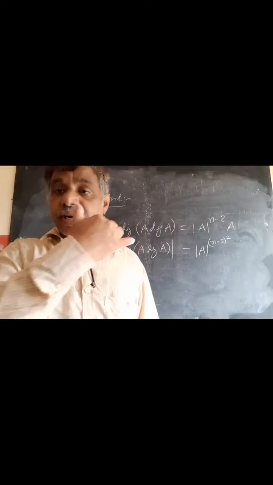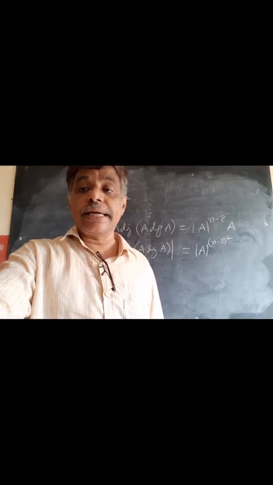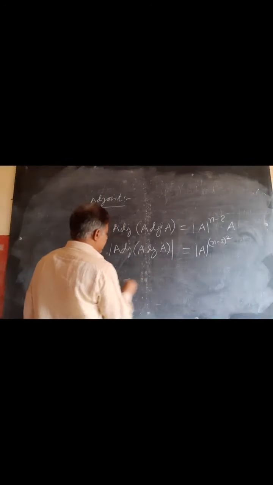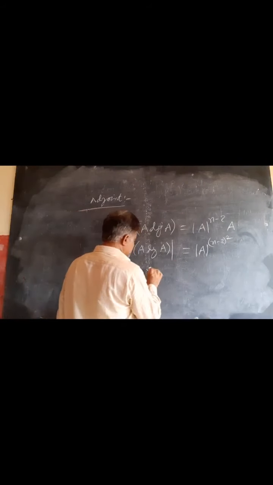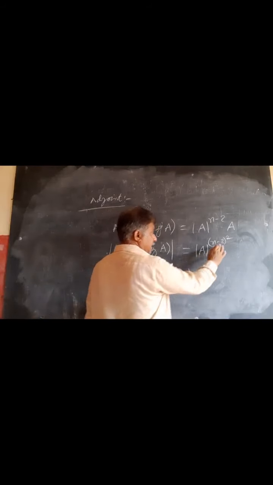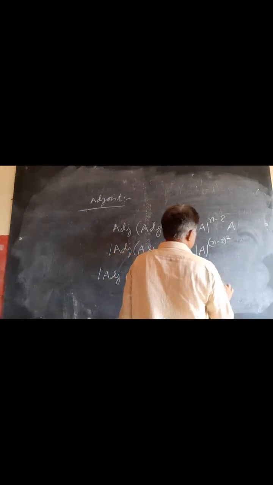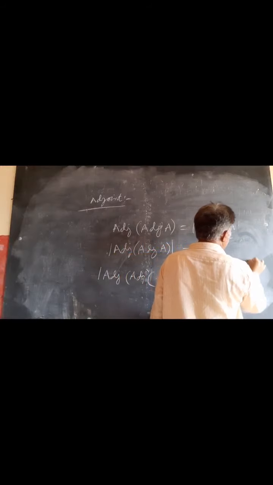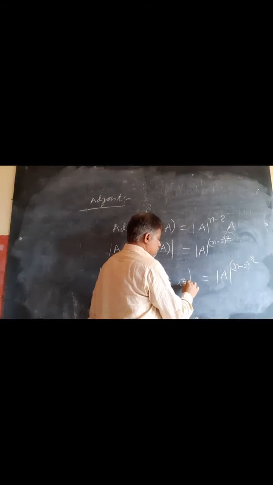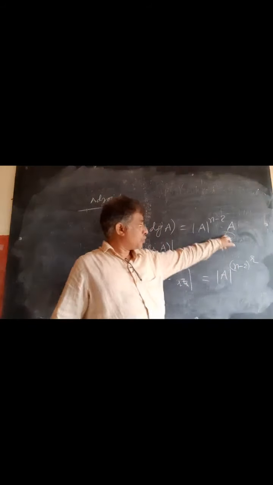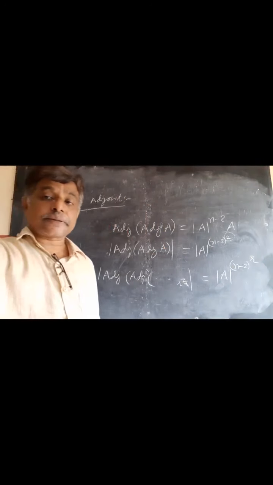Like this, we can write the properties of adjoint A. If I have adjoint taken R times, like some R times, and the matrix is of order n, then instead of the square here, because I have only 2 times, if I am having R times, I will get R. So det A power n minus 1 whole power, that is, det A power (n minus 1) power R.